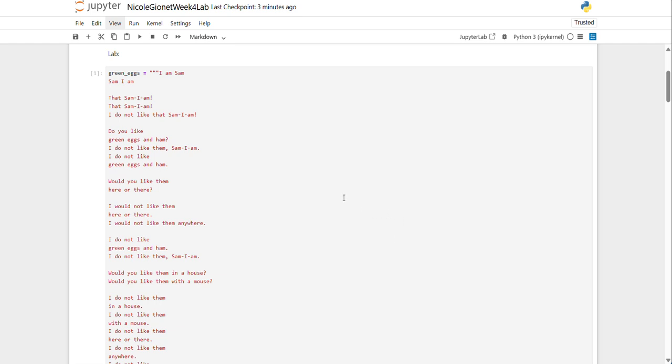So, this is the week 4 lab, where we had to convert the green eggs and ham poem into first a string and then a list, and then count how many times each word occurs. I started with copying and pasting the poem into the cell. I used the variable green eggs